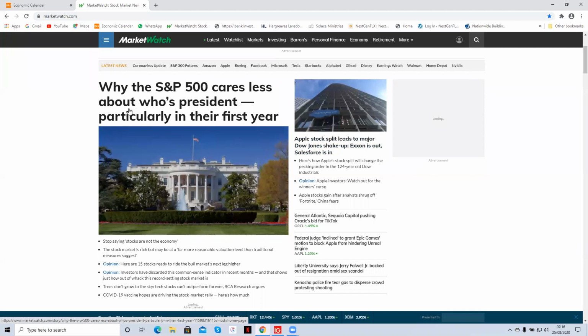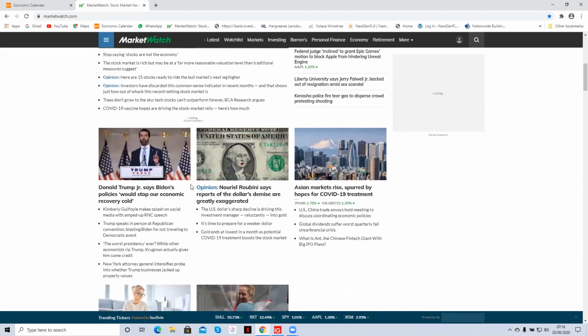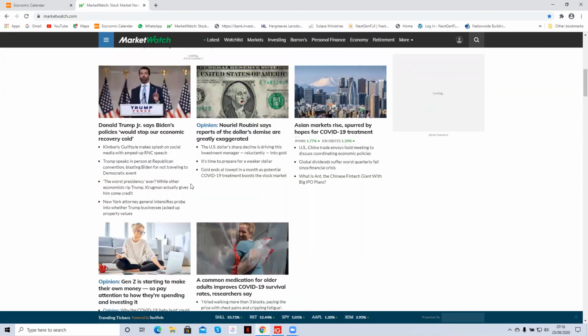So for example, all this Apple stock splits, that's not going to affect the currency market. This will affect the stock market, the S&P. So if you're doing long-term investing and you're investing in particular stocks, then some of this news might interest you. But for the currency trading, it tends to be global news. Like, of course, we know about the current US-China trade problem. So this sort of news might affect the market.